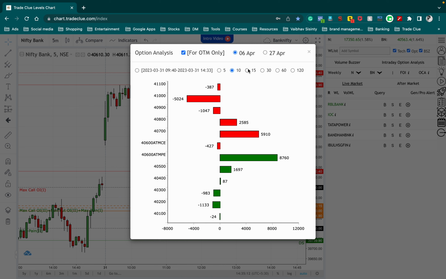So here I can clearly understand which is the best level to go on as an upcoming support or an upcoming resistance. So this will help us take our trades more confidently towards the direction and hold on to our trades.